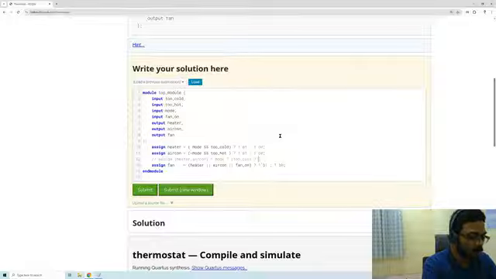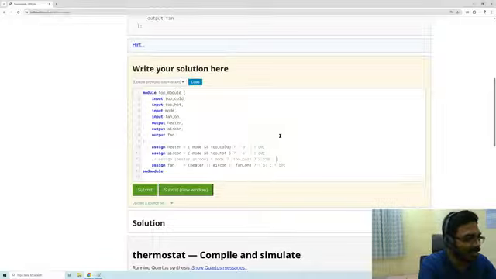If it is too cold, turn on the heater. Return 2 tick B 10. I don't remember to write B. So if mode is 1, check if it is too cold, return 2 tick B 10. Otherwise,